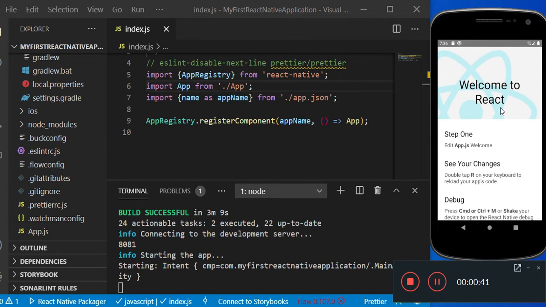Now see, if you want to display your own customized output on the emulator, then for that you need to create your own component. Now if you want to create a component, then what are the steps that we have to follow? Those steps we will discuss in detail here. So let us create our own component.